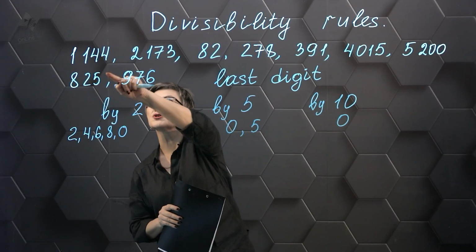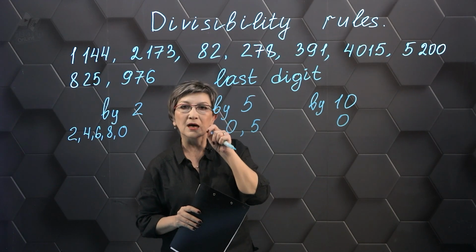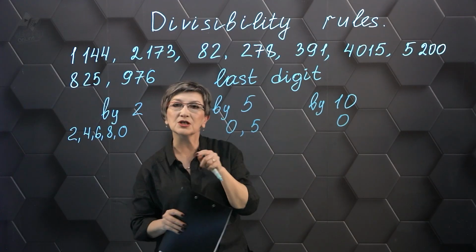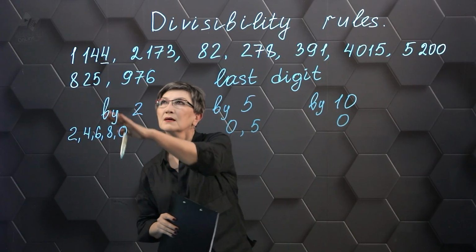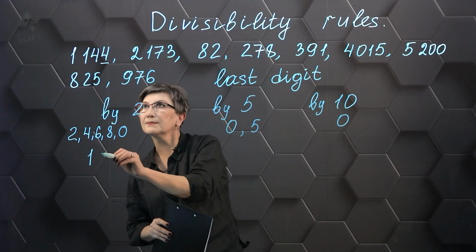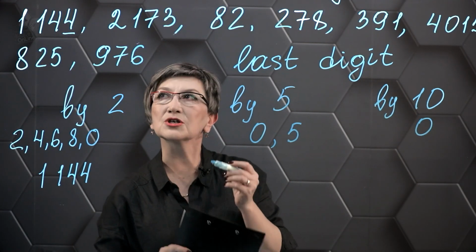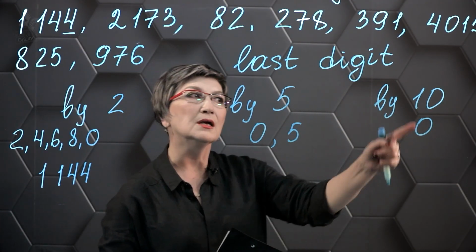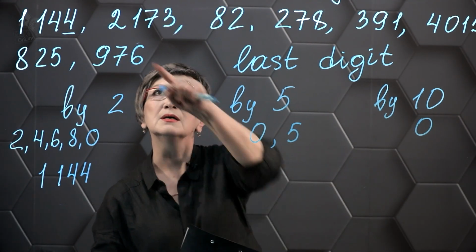The first number, 1144. By what number can we divide 1144 without a remainder? The last digit is 4. If the last digit is 4, the number can be divided by 2. 1144 cannot be divided by 5 because the last digit is 4, and you can't divide that number by 10 because the last digit is 4. The next number,